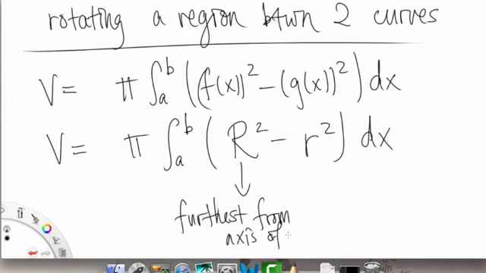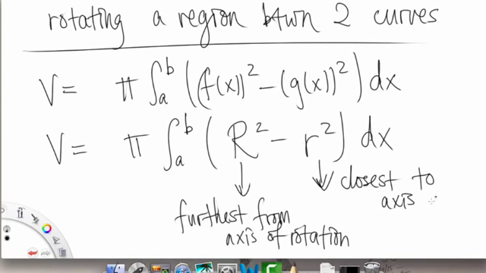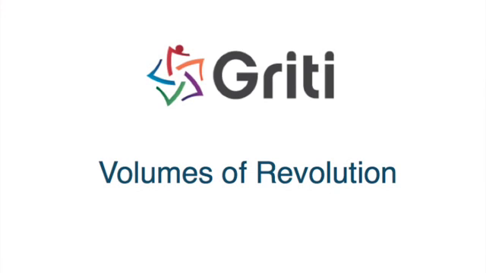which in the last case was just the x-axis, right? So y equals 0. That didn't really make a difference, but we'll see later on how our axis of rotation can change. Anyways, and then our lowercase r is the closest to our axis of rotation. Okay? So now, actually, we're going to see where our axis of rotation can be. So, if you don't